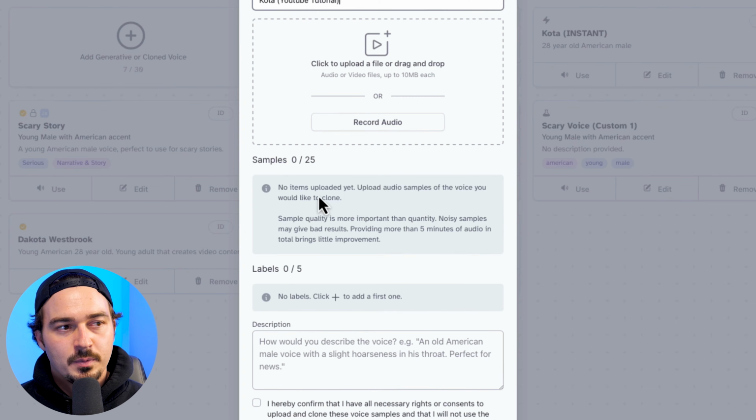So to give you an example, no items uploaded yet. Upload audio samples of your voice you would like to clone. Sample quality is more important than quantity. Noisy samples may give bad results. Providing more than 5 minutes of audio total brings a little improvement. So pretty much we want to record audio of our voice for 5 minutes, and you want it nice and